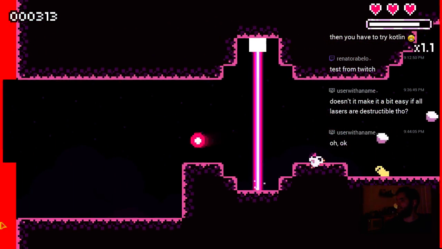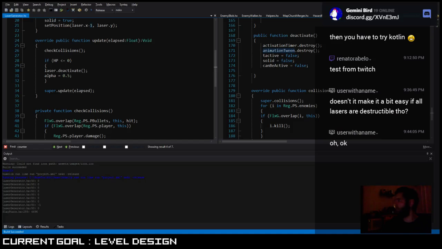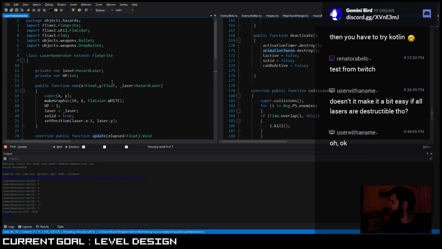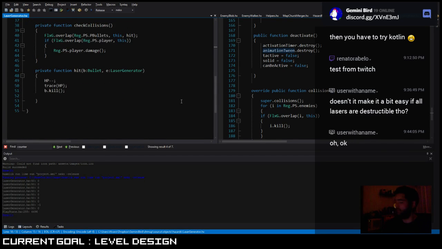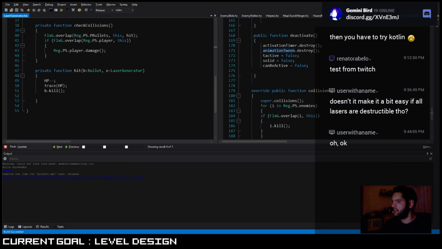I don't know, honestly, the lasers being like that doesn't bother me that much. It's just another thing. Also, the other idea is that I can set it to be HP 5, so you actually have to hit him a couple of times. So they're not as easy as you think to deactivate. So there's a couple of things that I can do really to